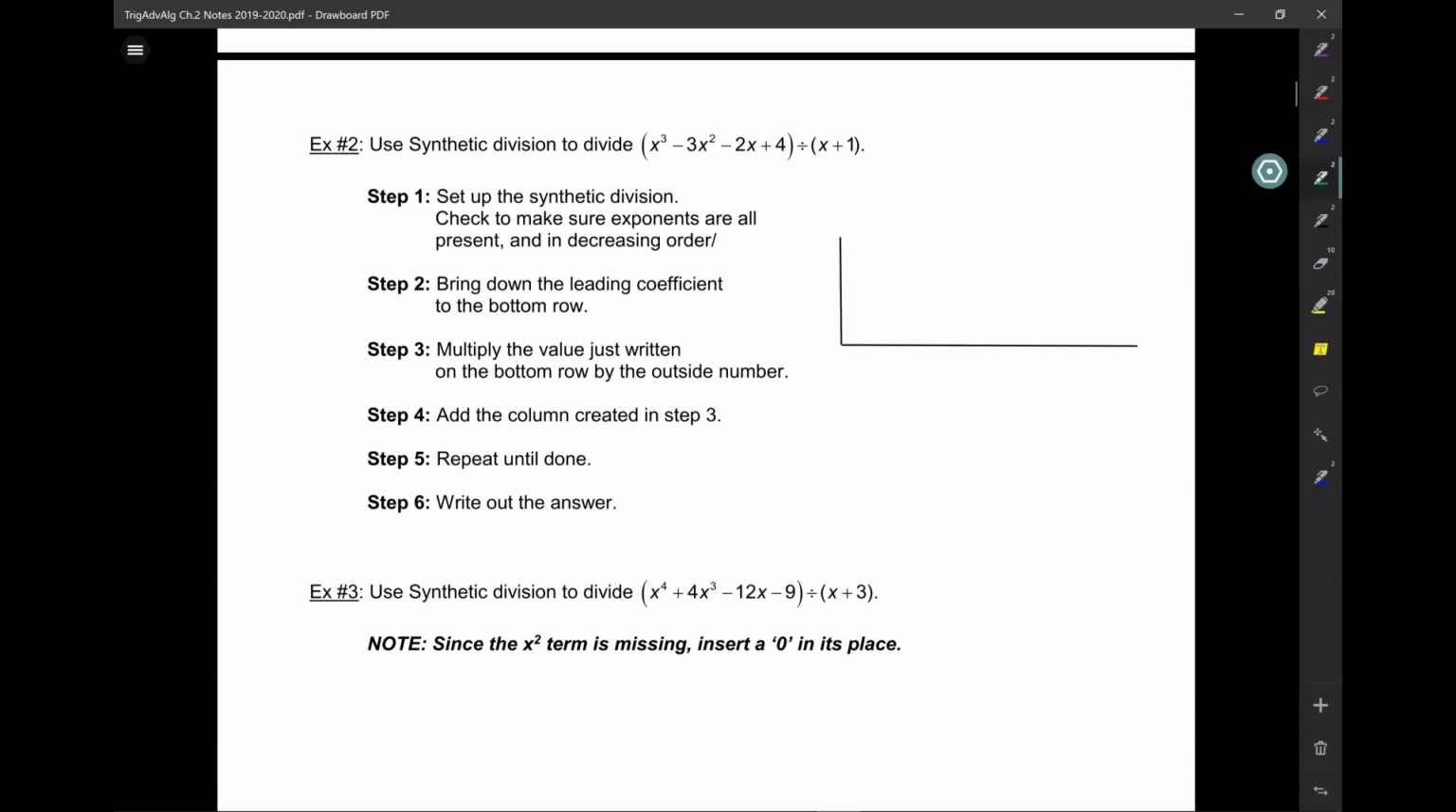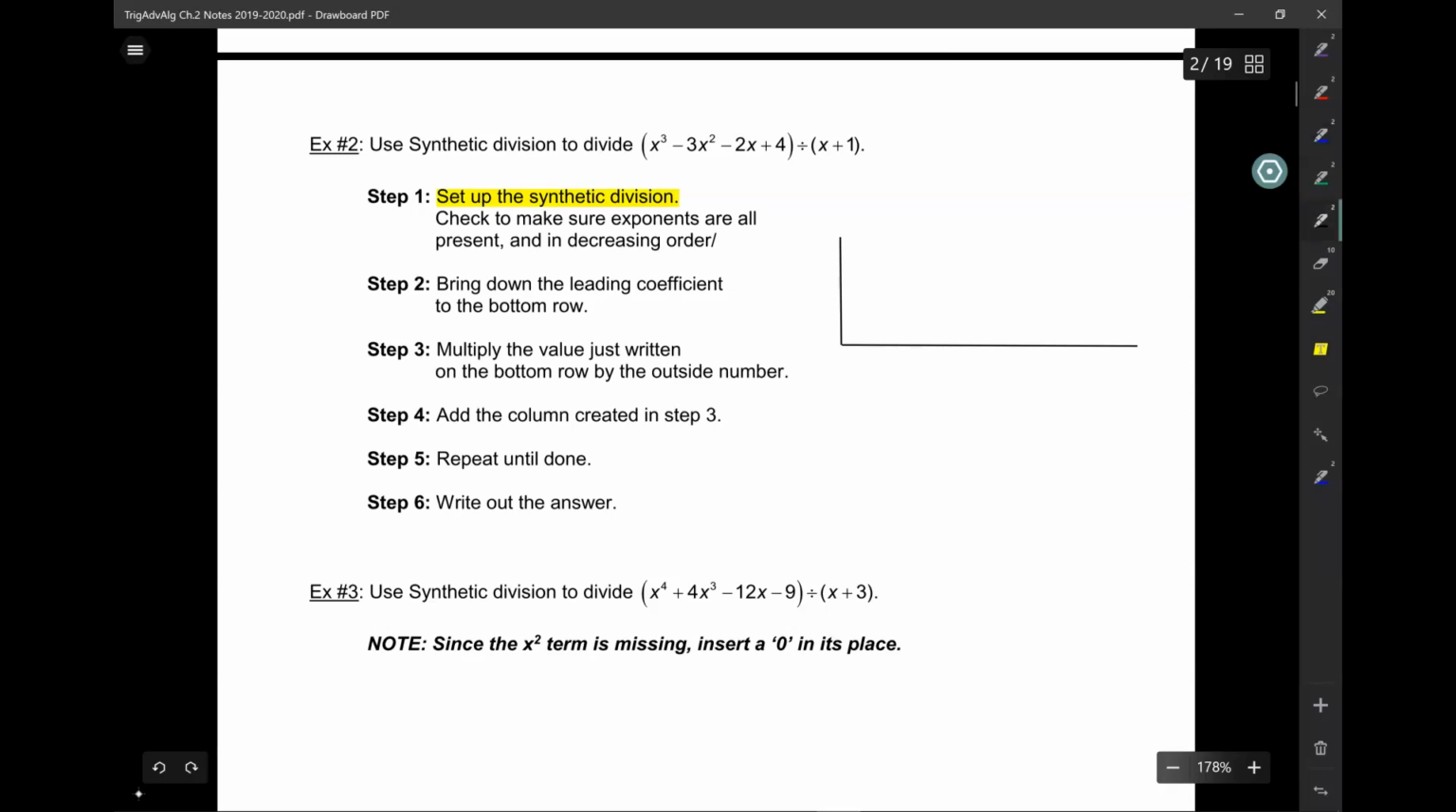So here we go. We're going to use synthetic division to divide x cubed minus 3x squared minus 2x plus 4 by x plus 1. So this is actually kind of fun, all right? Okay, so let's do this. So the first thing you're going to do is set up the synthetic division. And basically what that is